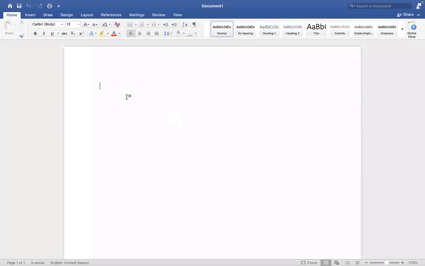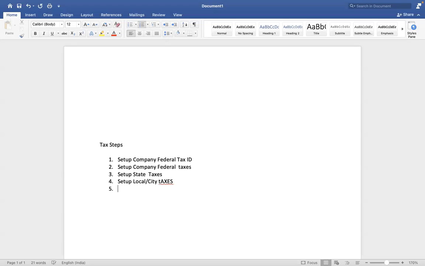Okay, so in this session, first we'll have an overview of tax setup, and then what topics we are going to cover as part of the tax process in upcoming sessions are: tax steps, set up company federal tax ID, set up company federal taxes, set up state taxes, set up local city taxes, and then